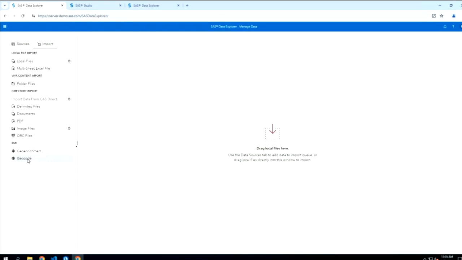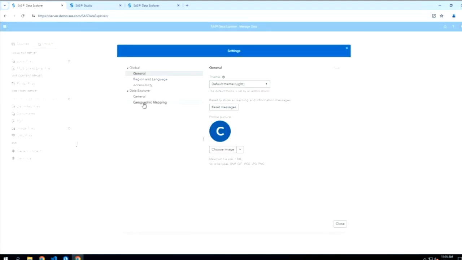Now, before I do that, though, I want to show you what sort of the setup piece that I need to take care of is. So remember, I need to have validated my Esri ArcGIS account credentials with SAS Viya in order to be able to access this. And I can double check on that by coming up to the top right, clicking on my account profile, clicking Settings, and then you see there's a section called Geographic Mapping.